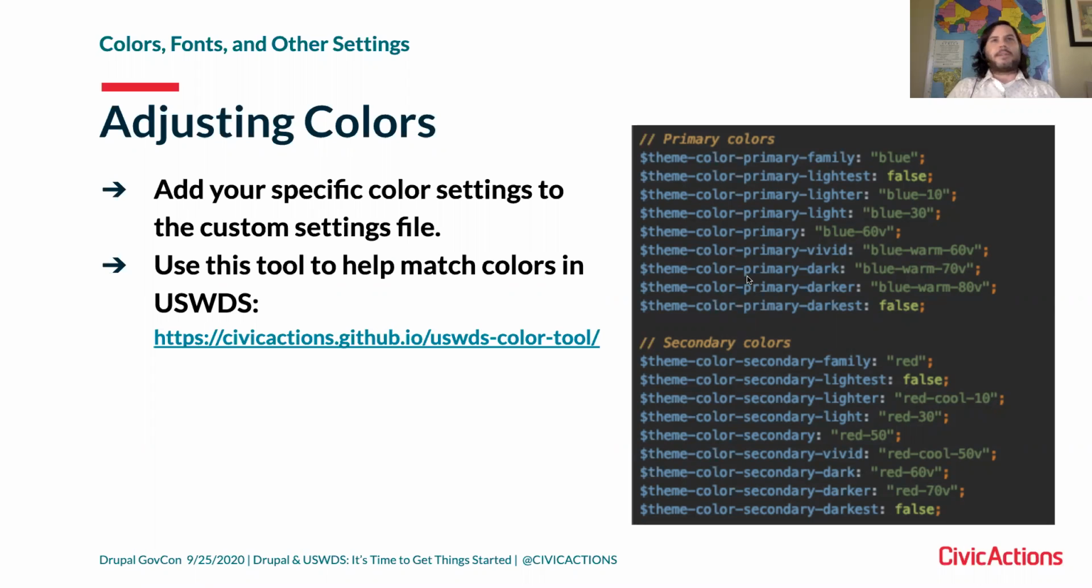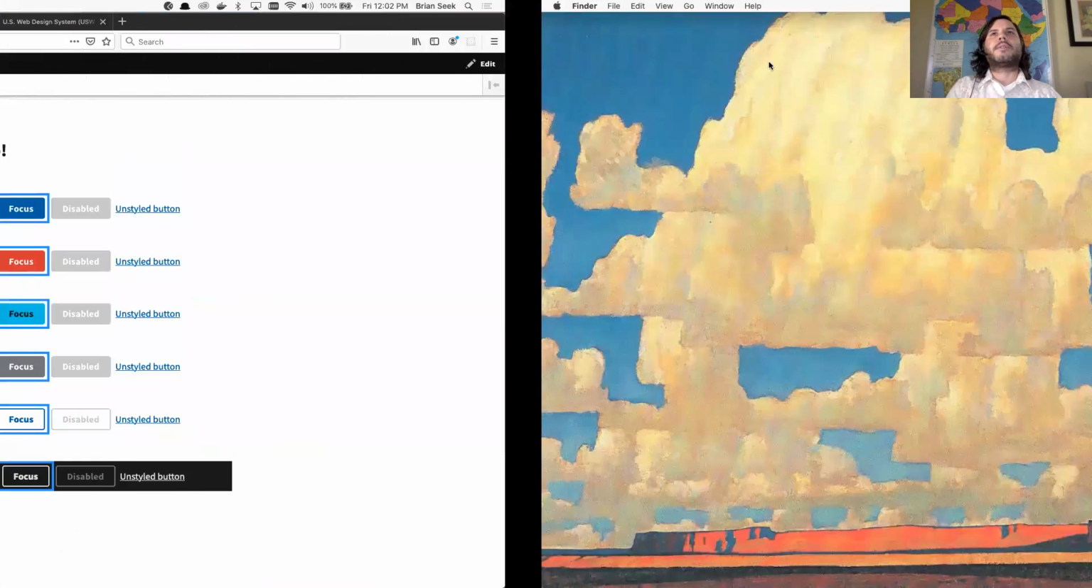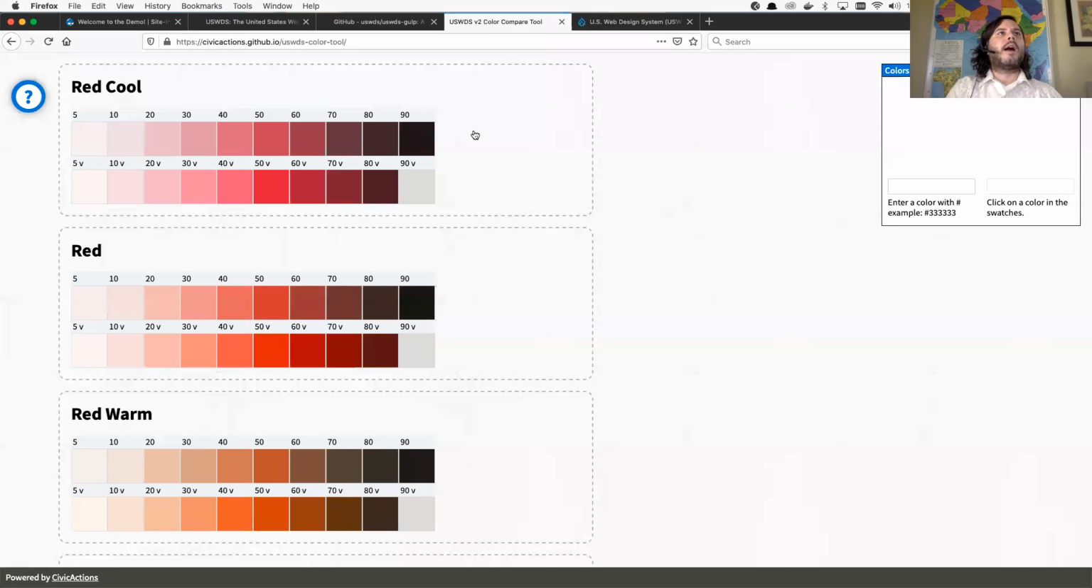So how do we adjust the colors? We add specific color settings to that custom settings file that we are talking about. And also, I've created this little tool that you can use to help match the colors, because in USWDS you don't really have much of a visual for what this means. So there's this tool here that is linked to in the slide decks, or you could find it at